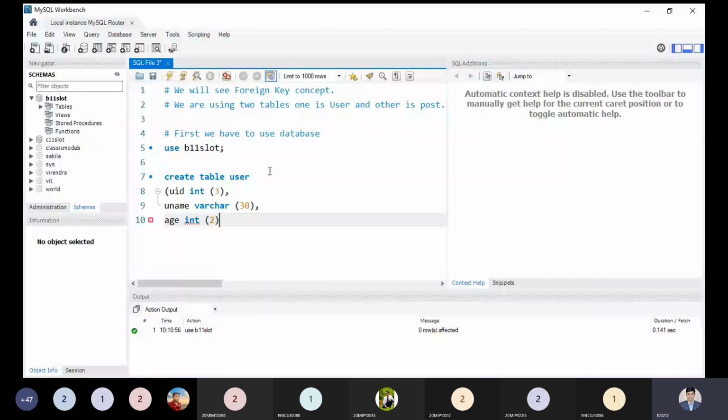After this, you will be able to see the user ID, username, user age, and address can also be there. So address I can take, and it should be identified by its data type. And after the address attribute, which attribute I must take over here? You can choose any attribute, whatever you want. For learning purposes, we are using this.